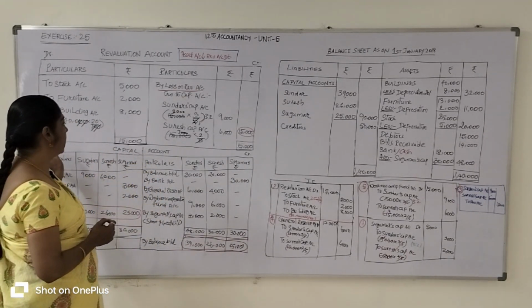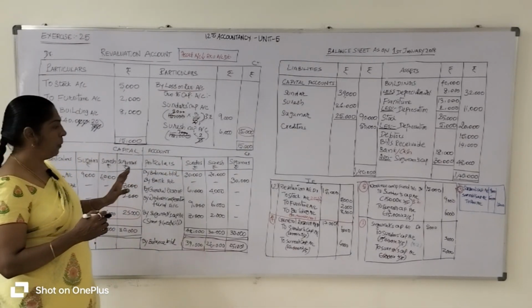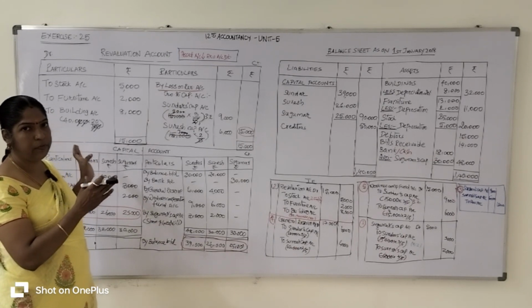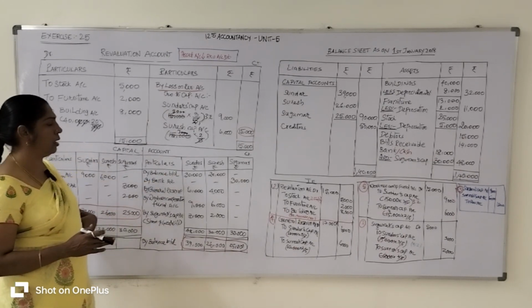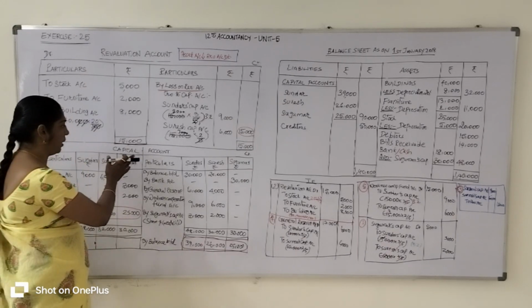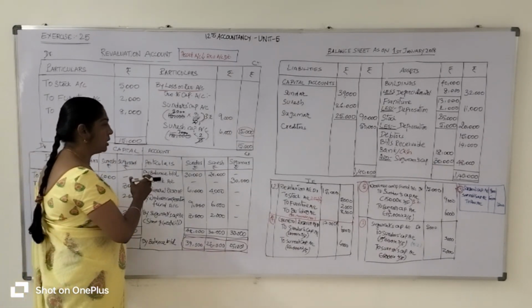There are two sides, a debtor side and a creditor side. Same format: particulars and the respective partners on both the debtor and creditor sides, and we enter the rupees. Whenever you prepare the capital account, the first, starting account is